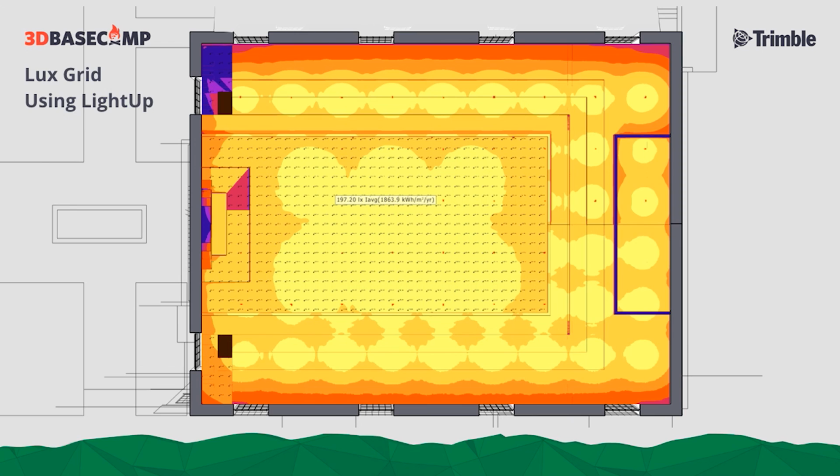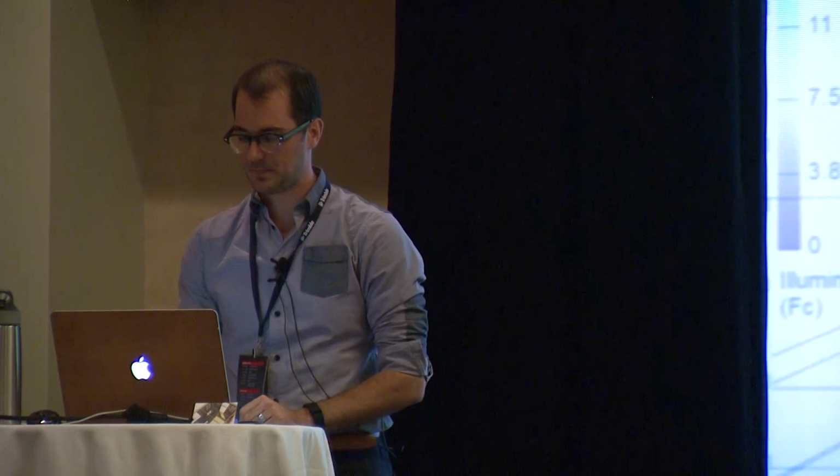So anybody use the plugin called LightUp? So a few of you? So LightUp I mostly use for animations because it does very nice, colorful animations. What is also nice about LightUp compared to other plugins is you can grab the IES data of that bulb or that light that you want to use and bring that into your SketchUp model. So on all the recessed fixture components, they also have the IES data. And then there's also a second plugin that will draw a grid, and then you can hover over those points